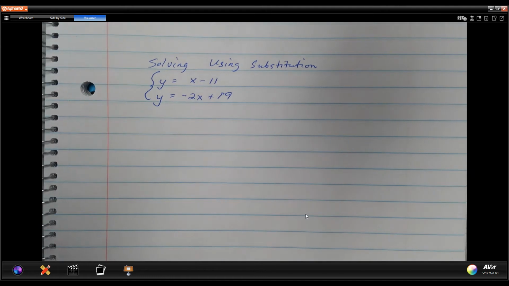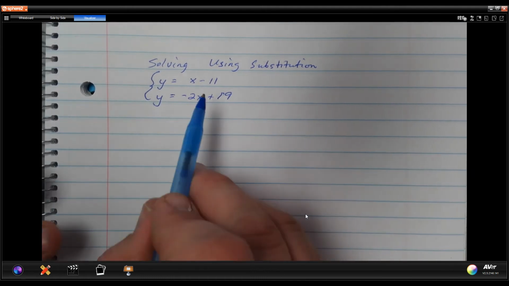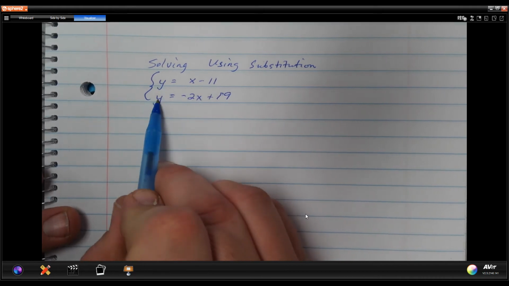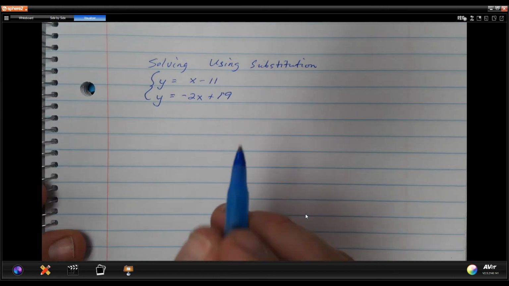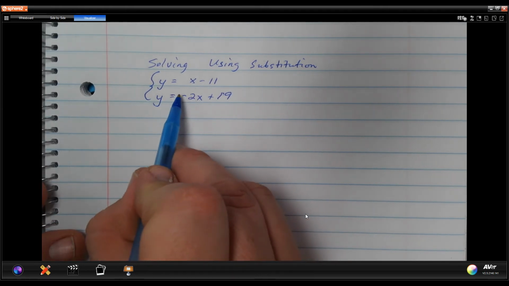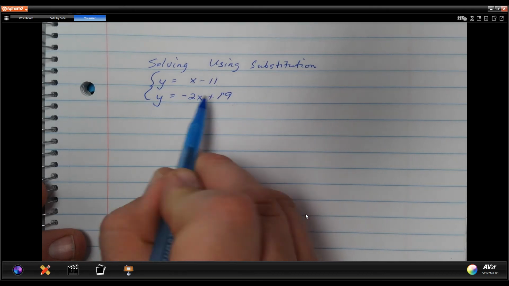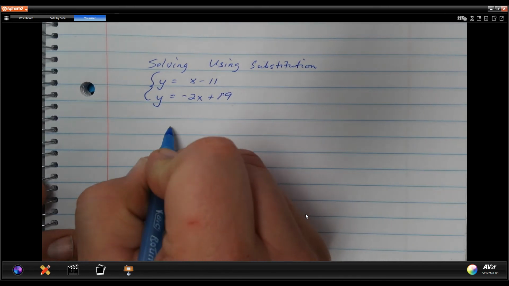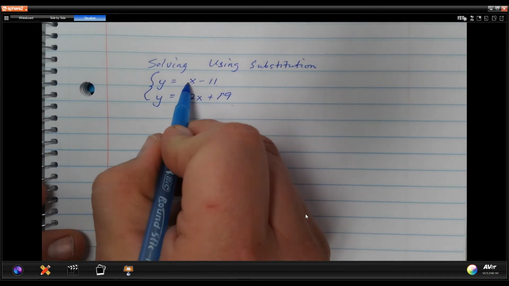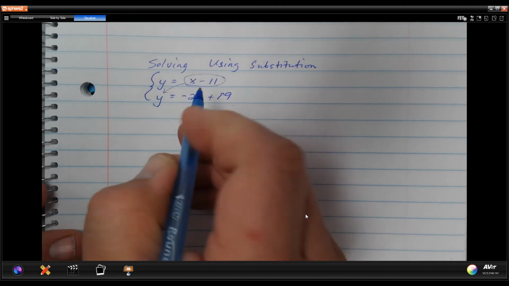Now this is helpful because as a system of equations, we know that having one solution means that these two y's will have the exact same value and these two x's will have the exact same value. Because of that knowledge, we know that this expression must be equal to this expression simply because they both equal y. To help us solve this, what we can do is substitute this value for y in over here